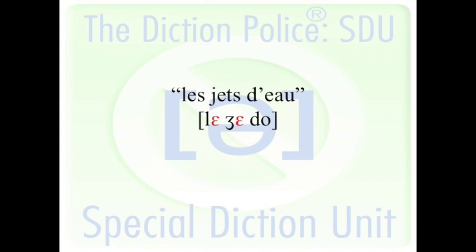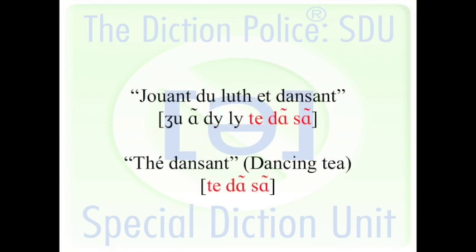And the last little thing here that I think is interesting in the song draws attention to an issue one has to be aware of in some cases. It is what I would call involuntary meaning. In the first stanza, we have the third verse that reads jouant du luth et dansant. And here we would actually say the T. This is not a liaison. That's the way you pronounce the word luth. The T is not silent. So if you're singing this with your best legato, you will say luth et dansant.